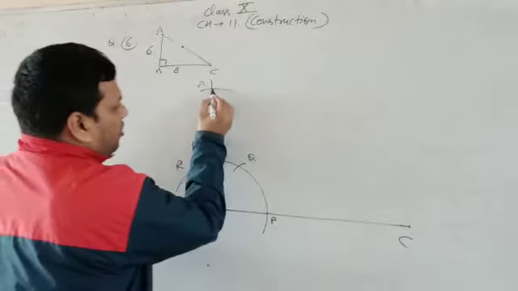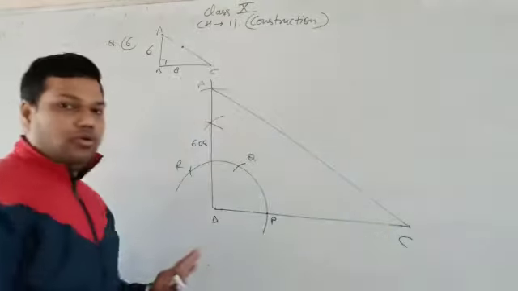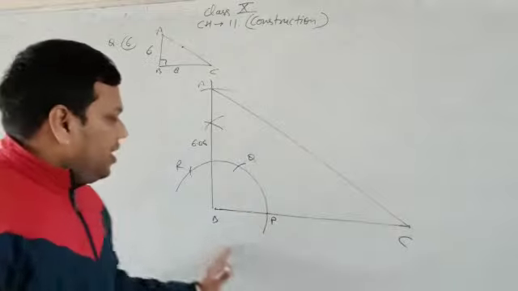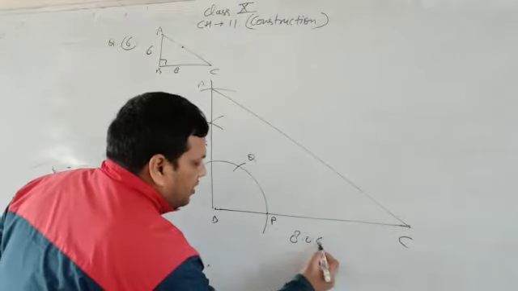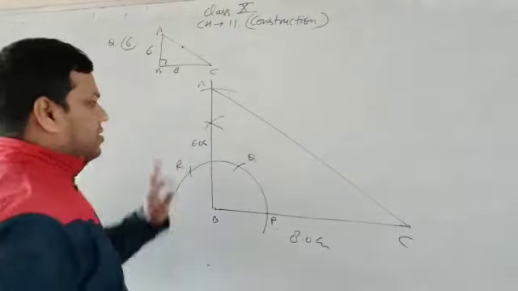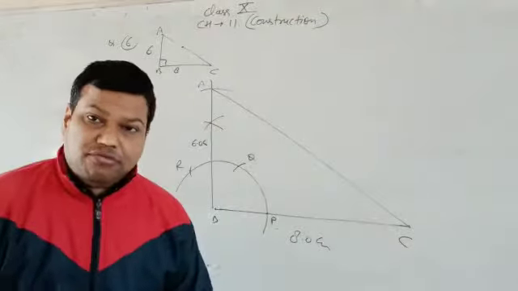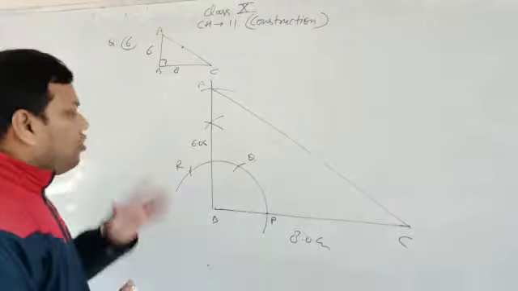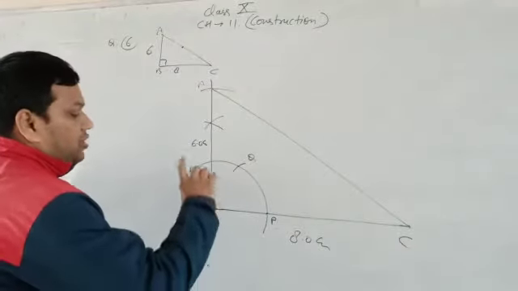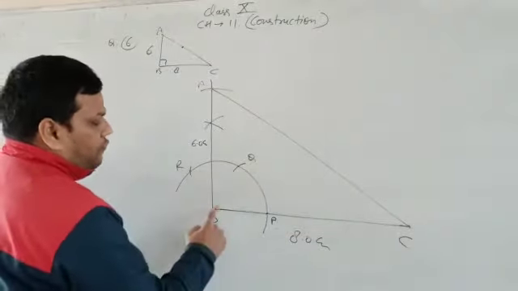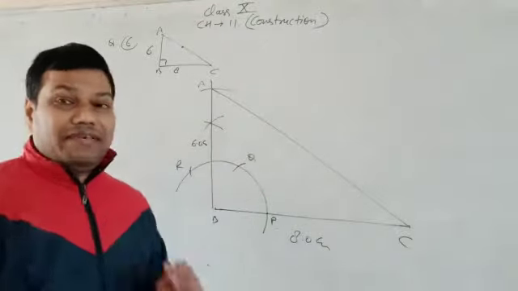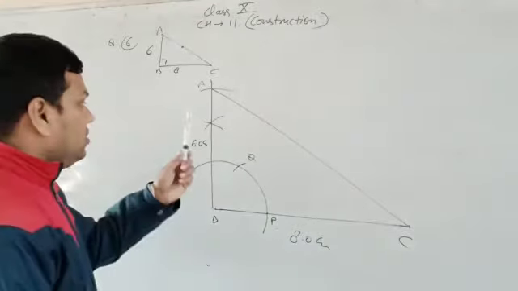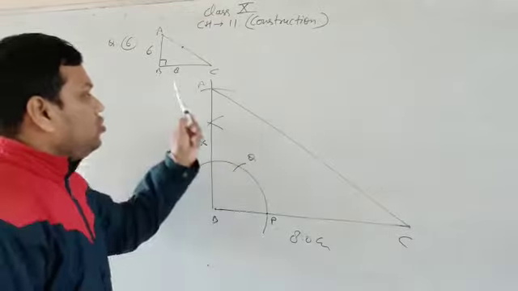So now according to this we can pause your video to see that, and you can see there 8 centimeter and this is 6 centimeter, right? So first of all you have to draw a right angle triangle. Now the second step is what is to be done. You have to draw a perpendicular from B to AC. It is given that you have to draw the perpendicular from B to AC.